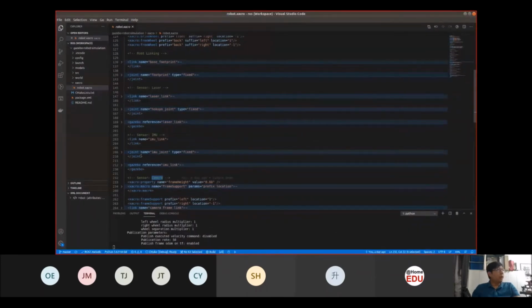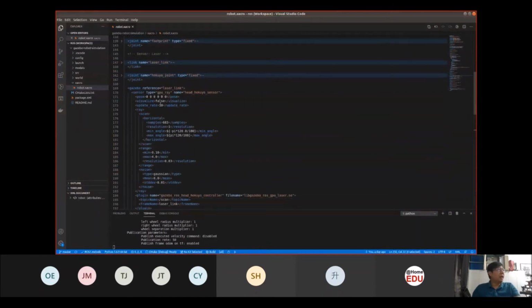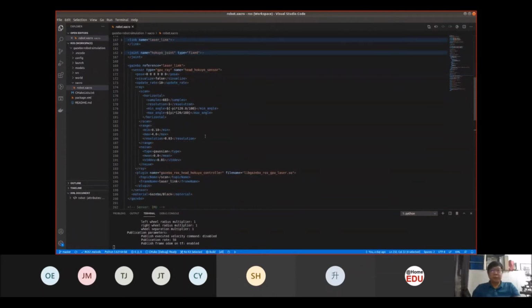If you visit the website, you can notice that you can change quite a number of parameters within the sensor itself. For example, my robot over here, we are using a 270-degree Hokuyo laser sensor. With this laser sensor, there are certain areas that we can measure.